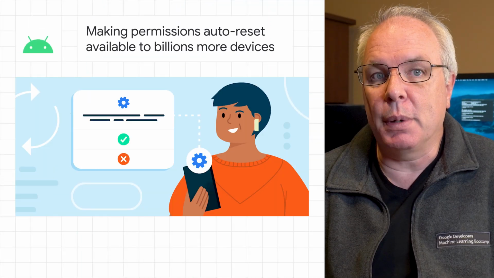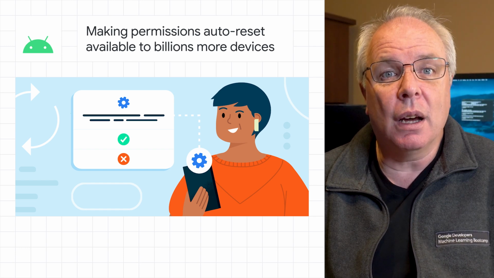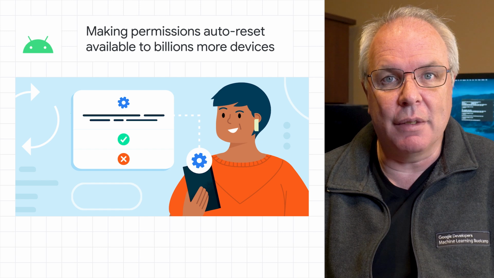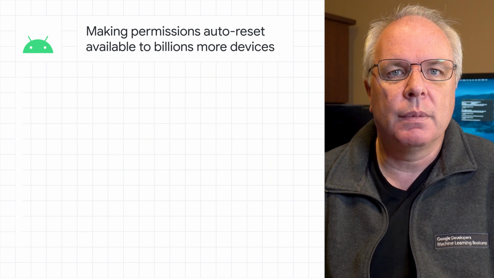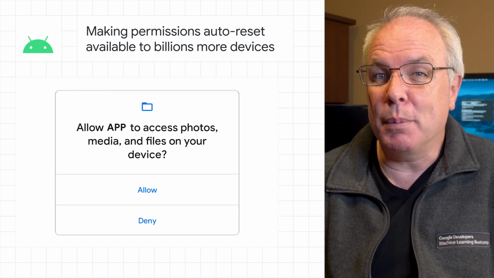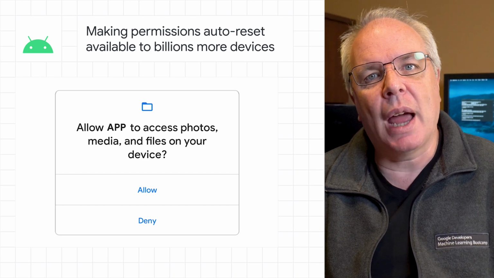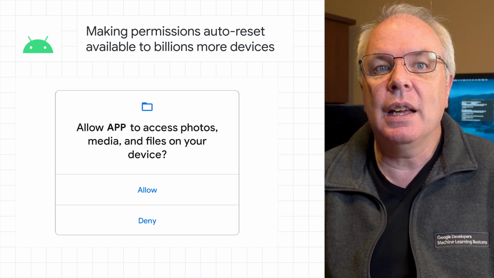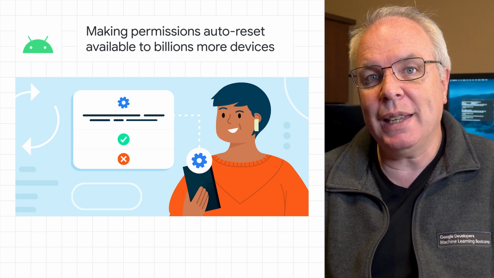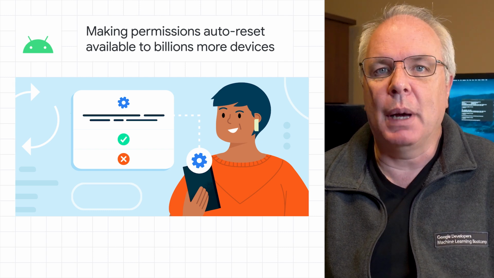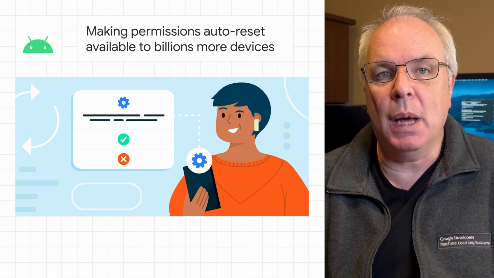This week, we introduced the permission auto reset feature in Android 11. We understand that most users spend a lot of time on their smartphones doing a variety of activities, and often will use apps as the primary gateway to their digital lives. Often, apps will need to request certain permissions, but with dozens of apps on any given device, it can be hard to keep track of the permissions that you've previously granted, especially if the app hasn't been used for a while. So, the permission auto reset feature helps protect user privacy by automatically resetting an app's runtime permissions if the app hasn't been used for a few months.